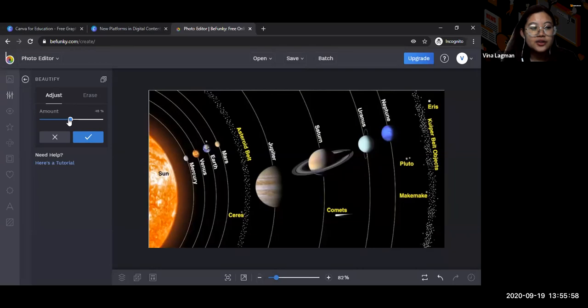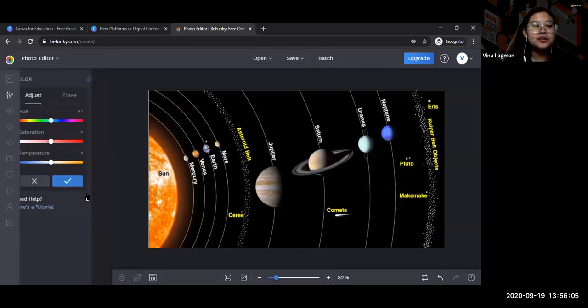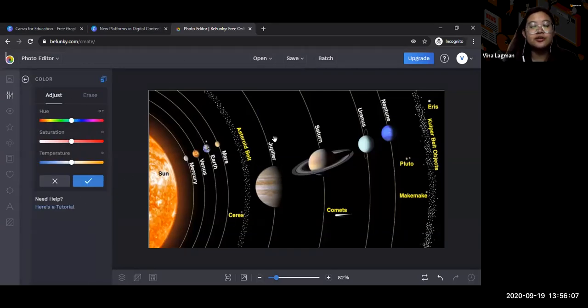Sige, usually, lagi ko siyang ginigit na lang. So, 50 lang natin. Ayan. So, click apply. And then, for the color, if you want to change the color of the photo, i-move lang natin ulit, adjust lang natin siya. So, yan, nakikita nyo na nagbabago naman yung